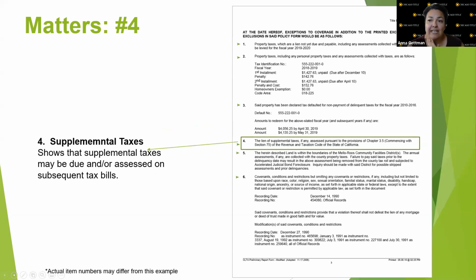And so supplemental taxes, these are pretty fun. I don't know if you guys have ever watched our Title Tip Tuesday with Robin. She's been really great about doing that almost every Tuesday, but for 2 weeks in a row, we did highlight taxes because they can be confusing at times. And so supplemental taxes can be issued for various reasons. There can be a redevelopment type of situation or new construction, or